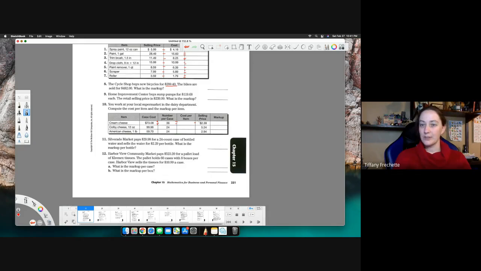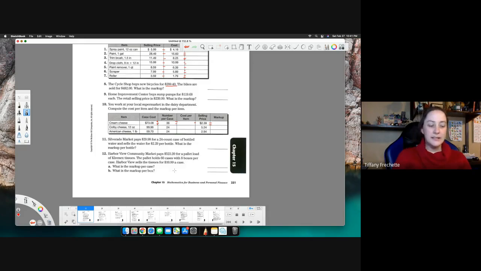This is a little backwards writing it this way, but it just gives you the idea. You're subtracting these two and you get your markup. So you're going to do that across. You're going to divide by the number per case and then subtract to get your markup. Number 11 and 12,